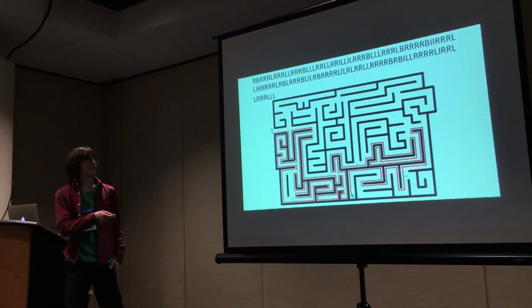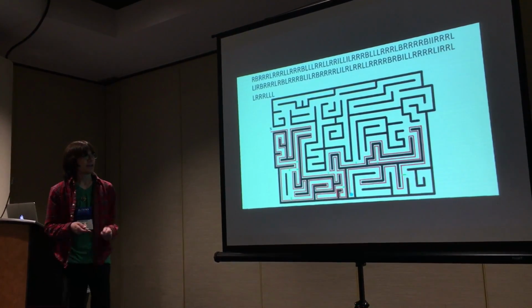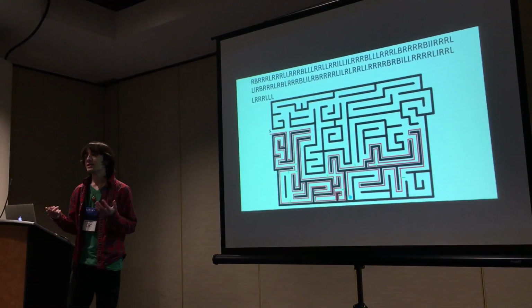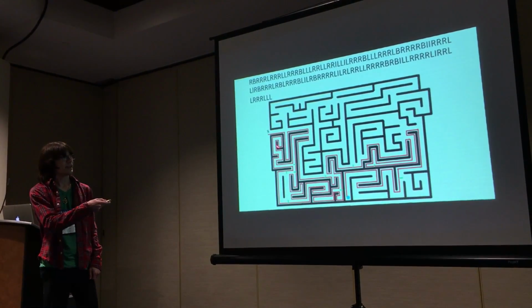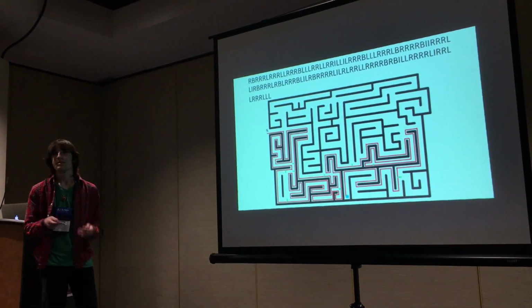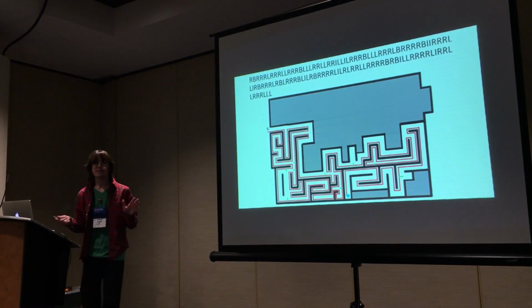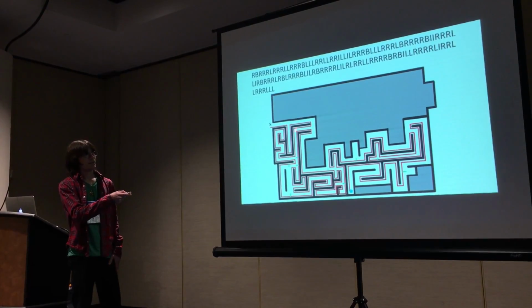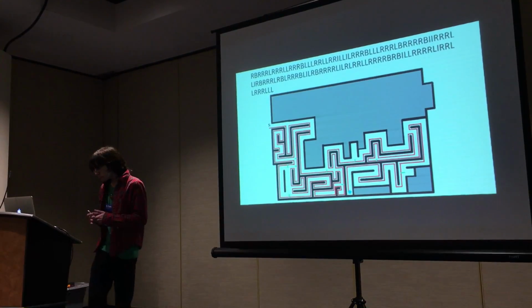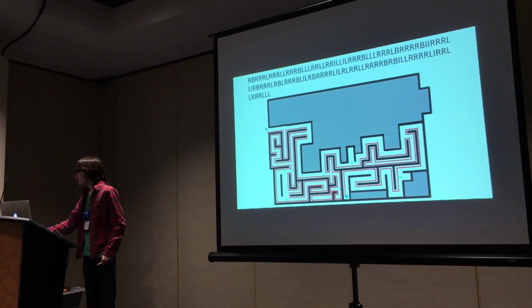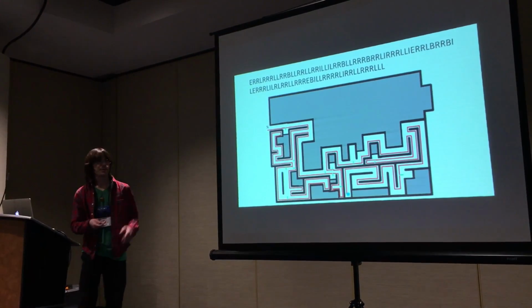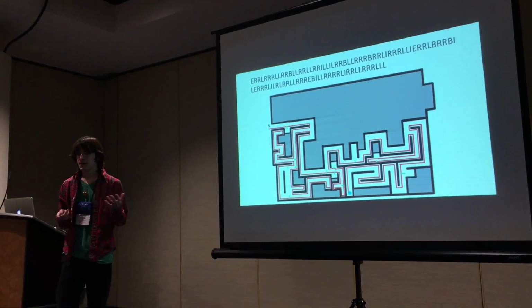And so here we have the maze before and the decisions array, and now I'll go through the first iteration of the program. You'll see some of these dead ends like right here, they're going to get cut off. First I'll just gray out everything that the robot doesn't see to make it easier to look at. And so now you'll see the dead ends be cut off a bit,